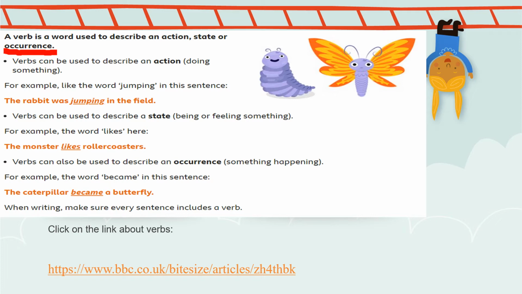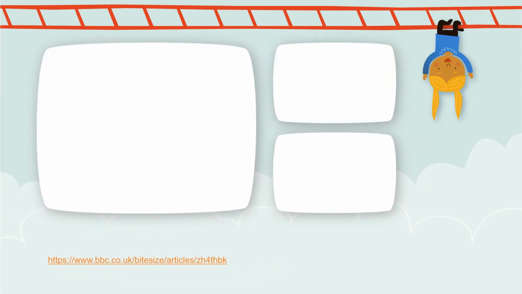The monster likes roller coasters. Verbs can also be used to describe an occurrence or something happening, for example the word became. The caterpillar became a butterfly. When writing, make sure every sentence includes a verb. Remember, we need a subject, object, verb in each sentence. If you use the same link underneath in the description and scroll down and watch the second video on that website there,